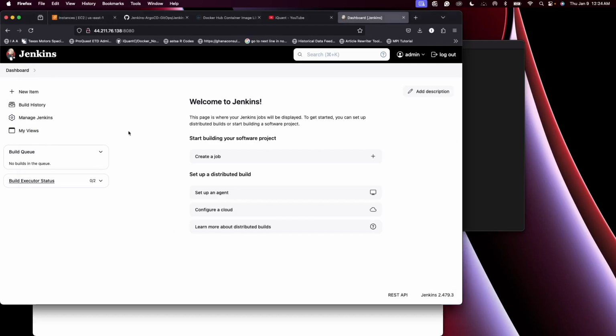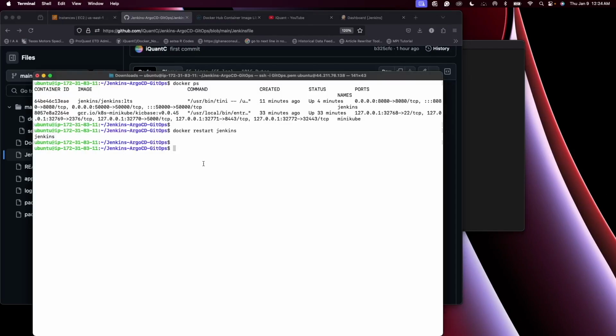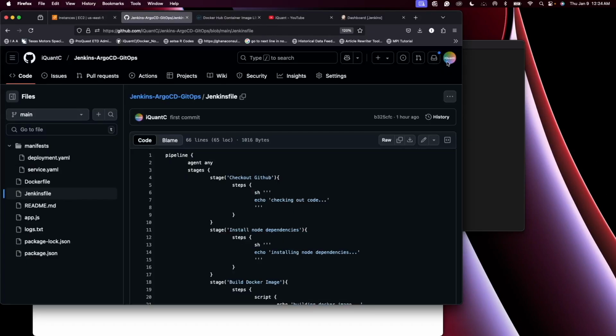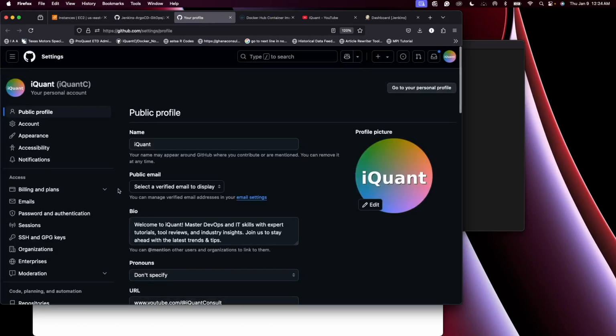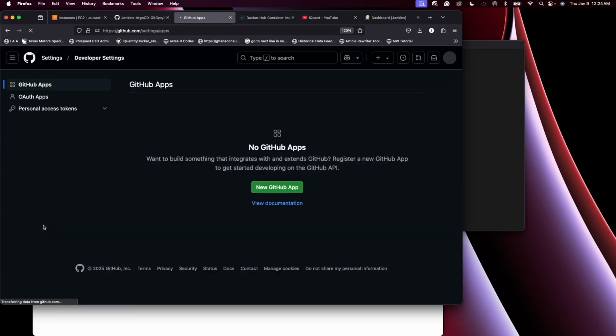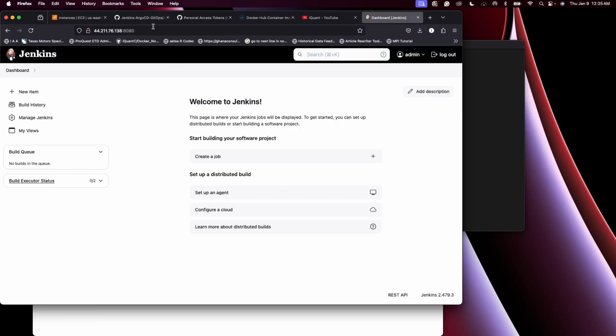Next, let's check out our code from the GitHub repository here into our Jenkins CI/CD. Now, first, to do that, settings right here. Developer settings, tokens classic. Remember, we created a token here for GitHub. So I'm going to use that to create a credential in my Jenkins and then use that to check out the code from GitHub. So first, Manage Jenkins,